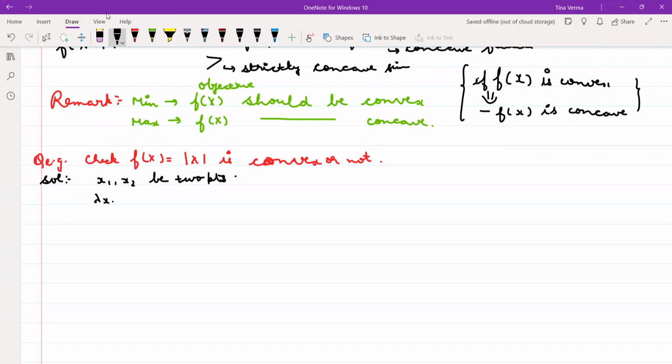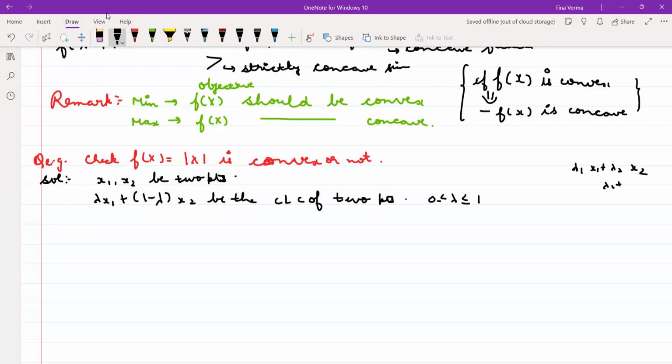Then I take lambda x1 plus (1 minus lambda) x2, the convex linear combination (CLC) of two points. If I am writing CLC, it means that lambda satisfies the condition of lying between 0 and 1. Or you can also take lambda1 x1 plus lambda2 x2, then lambda1 plus lambda2 is 1, and lambda1, lambda2 are greater than or equal to 0. Both are fine. Now, to check this convexity, I have to prove that